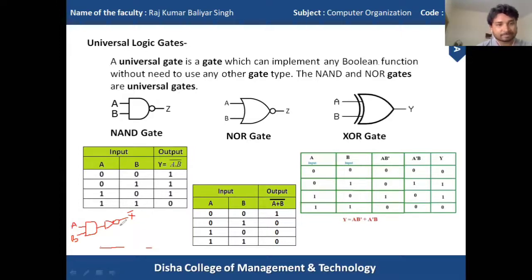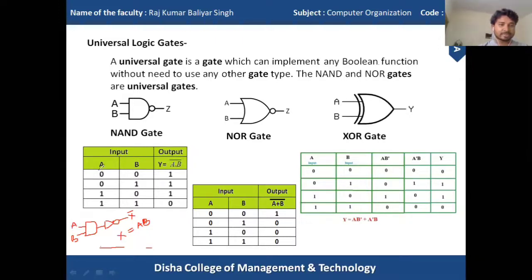Exactly, here the X value will be A dot B. Here I am taking this table with A, B as my input terminals, and Y as the output terminal. That means Y is (A dot B) naught.